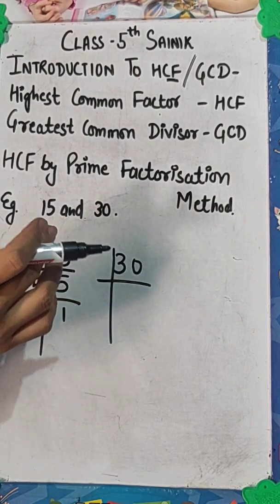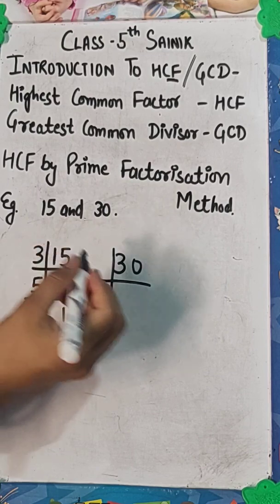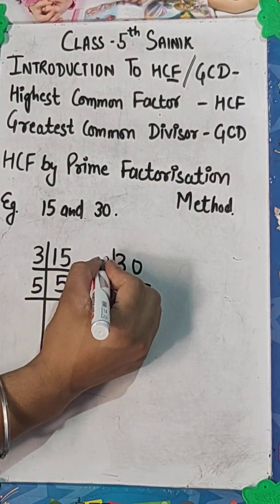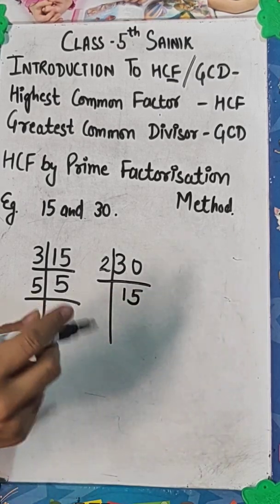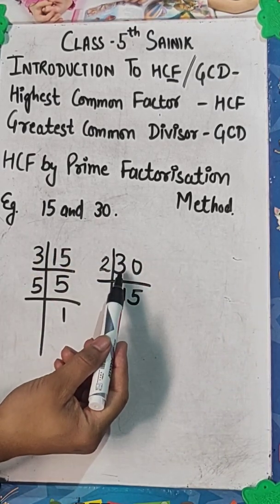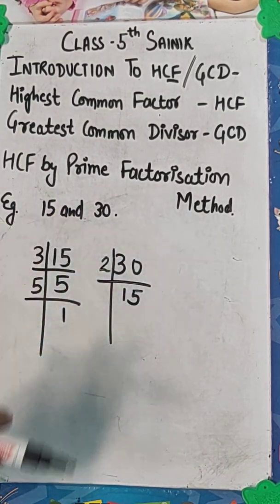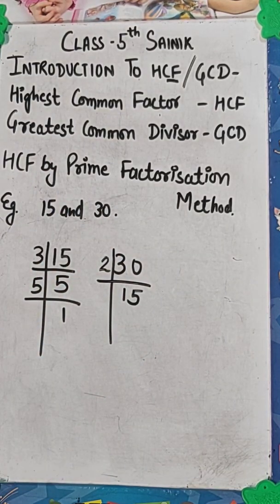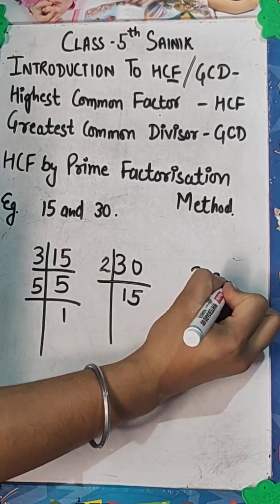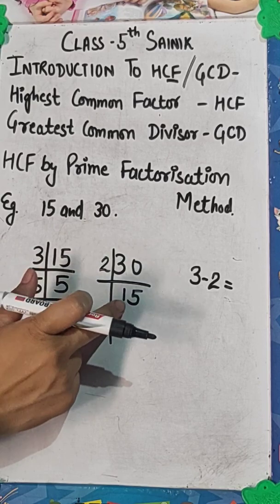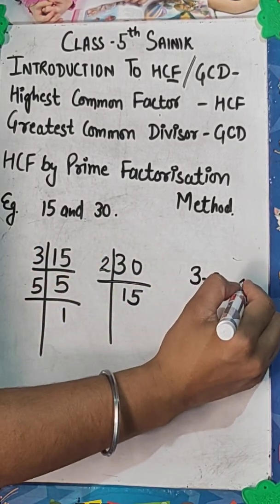Means if a number is having last digit 0 or even number, it is divisible by 2. So we will divide it by 2. What will we get? We will get 15. How we will get 15? As you can see that here you are having 3. So 3 will not come in the table of 2. So from 3 we can take 2. 2 ones are 2. That's why I write 1 here. 2 ones are 2. So from 3 we use only 2.